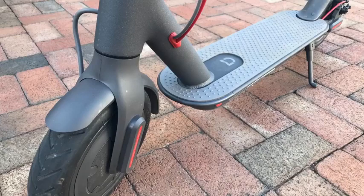It uses a brushless DC motor, so these things last forever. I mean, electric scooters are really the future of transportation, or electric cars, just because there's no maintenance on these things. The batteries last forever. I think they said you could expect to get around 50 or 60,000 miles out of this battery before it needs to be replaced, which is insane. I mean, there are no moving parts, there are no engines, there's no lubrication, there are no fluids, there are no filters to change, there are no transmissions. It's just